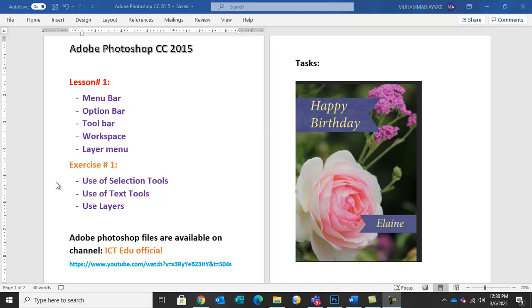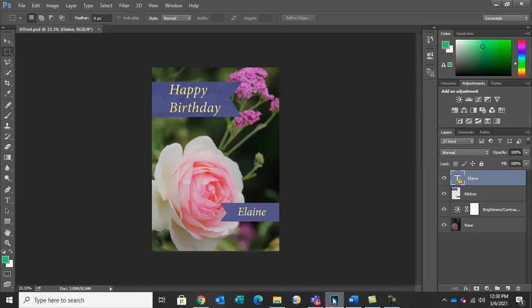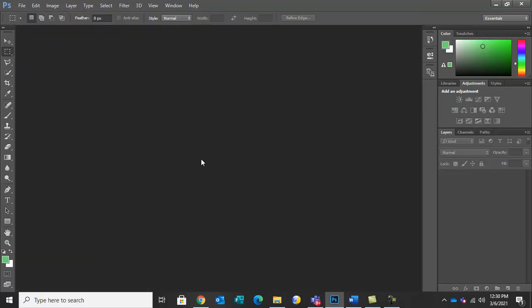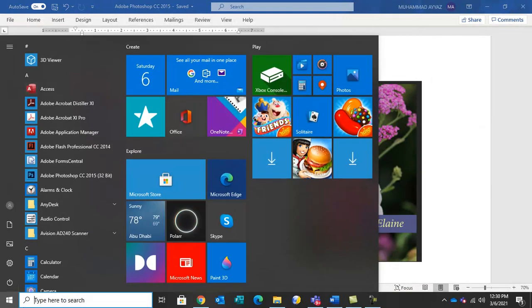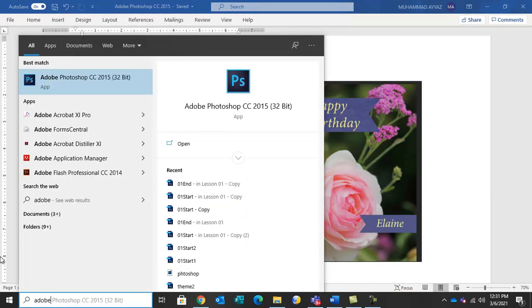Okay, let's move to lesson number 1. So this is Adobe Photoshop. So see how we will complete this assignment. So first I will close this. I will close, exit the Photoshop also. So when we will open a Photoshop,